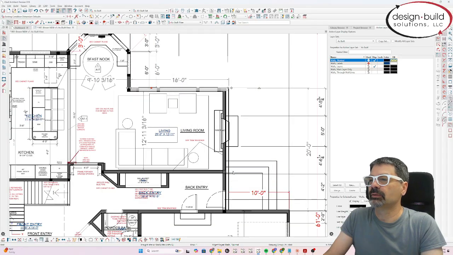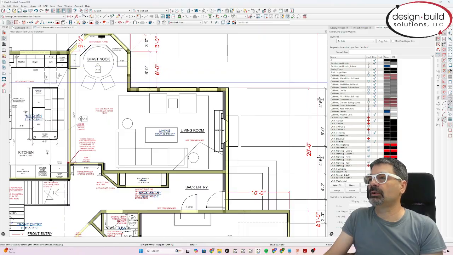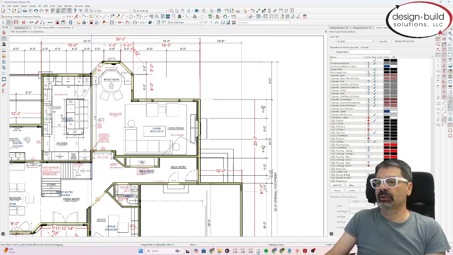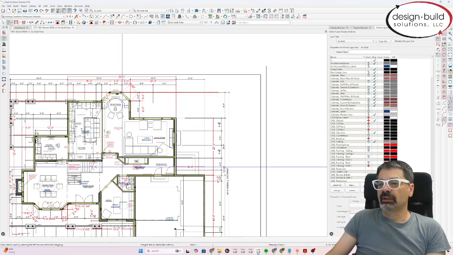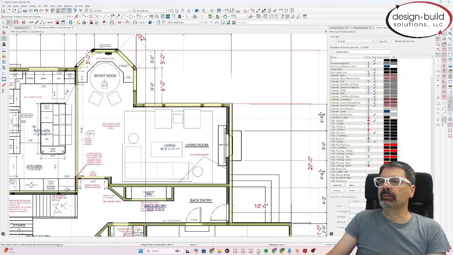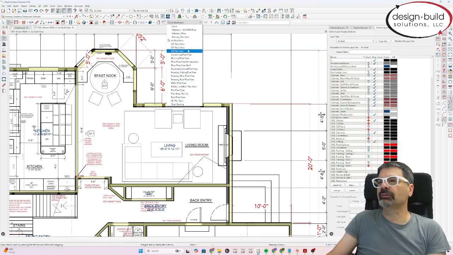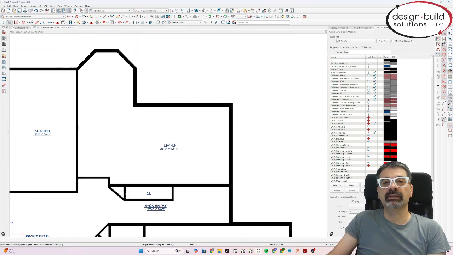Watch this. They're all now filled, and I can see that I have traced all of the walls where they need to be. The beautiful thing about this is I can set up my template. I don't have to go back to each wall type and change them again, because when I change to a different layer set,